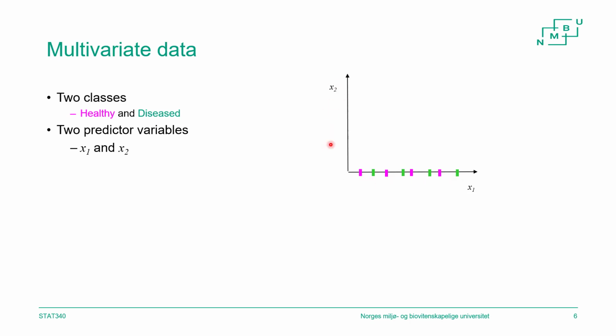If we look at the second variable, it looks almost like the first one, right? Again, these are mixed, healthy and diseased. So it doesn't look like this one contains any information either. None of these two tells us anything about who is diseased and who is healthy. Well, that's wrong. Because if we now plot